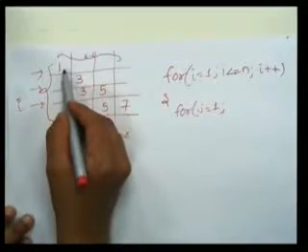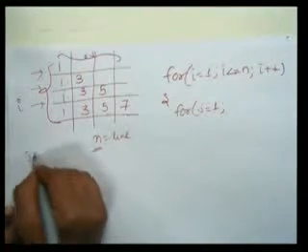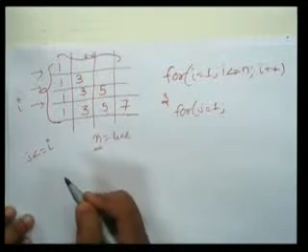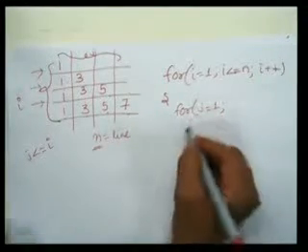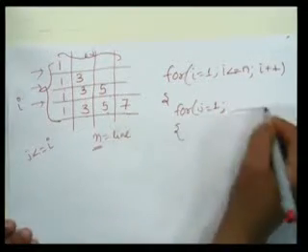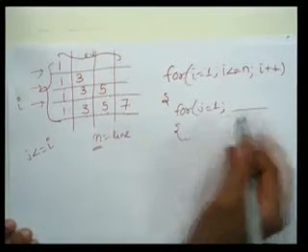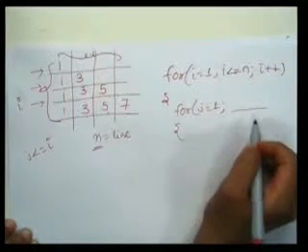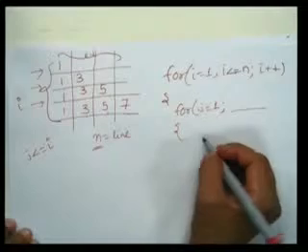For the first line it has 1 symbol, the second line it has 2, so it tempts us that we can take j less than or equal to i, right? But if I am taking j less than or equal to i, see, this portion intentionally I am not explaining now. I wish to first clarify what should be written in the condition part, because this is the main thing that we have to understand, right?